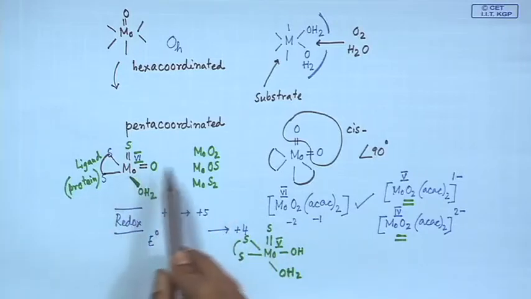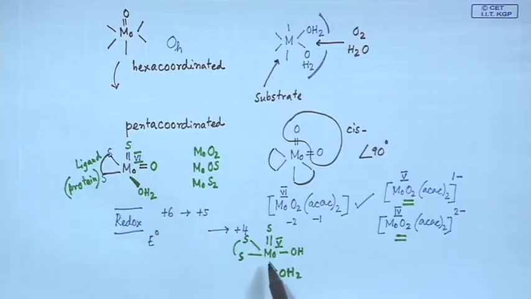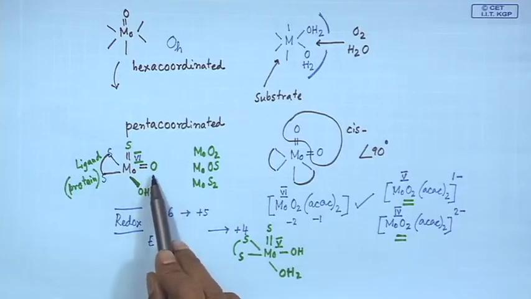That means, when we try to reduce the molybdenum center from +6 to +5, we are immediately not stabilizing the corresponding oxo form, because we do not require that much oxo stabilization for the +5 oxidation state. We can go from this oxo form to a hydroxo form. So, at the same time, what we are doing, we are simply attaching one proton to this particular oxo function to give the hydroxo function,